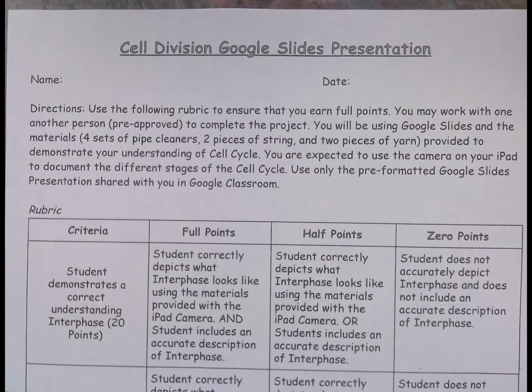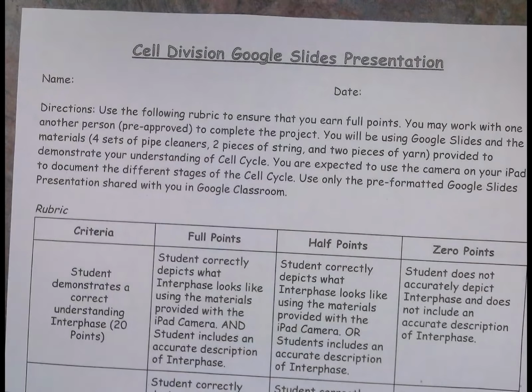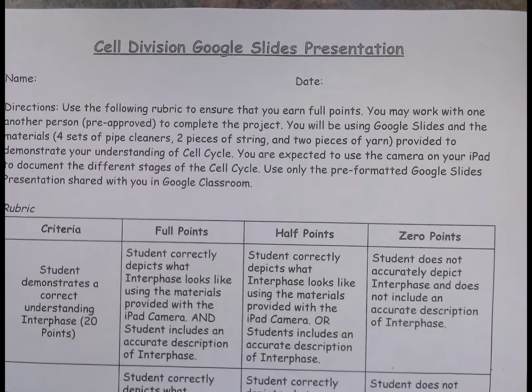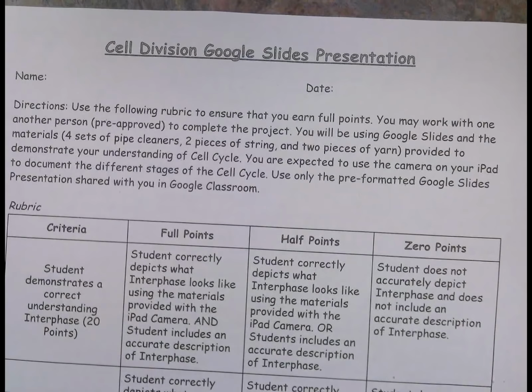All right, so for the project you guys are starting today on April 1st, the cell division Google Slides presentation, directions: use the following rubric to ensure that you will earn full points. You may work with one, no, it says one another typo, one other person pre-approved to complete the project, meaning